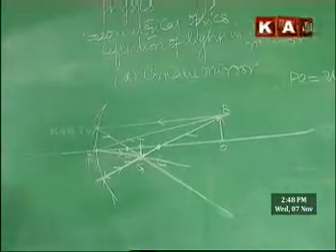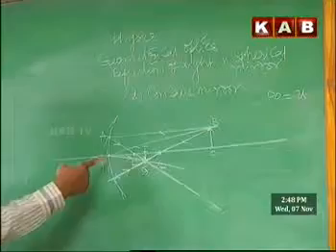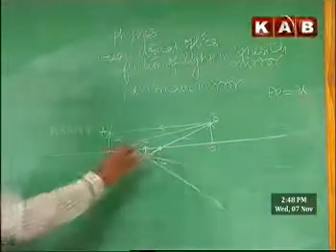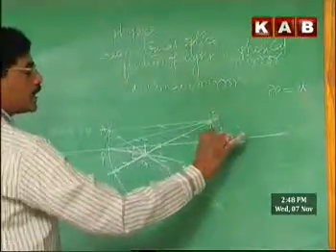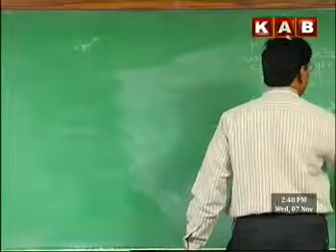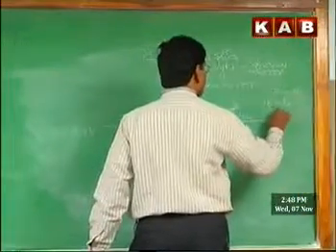Now we will try to derive the relation between object distance, image distance, and also height of the image and height of the object. Let the height of the object OB be equal to HO. This is the height of the object. HI is